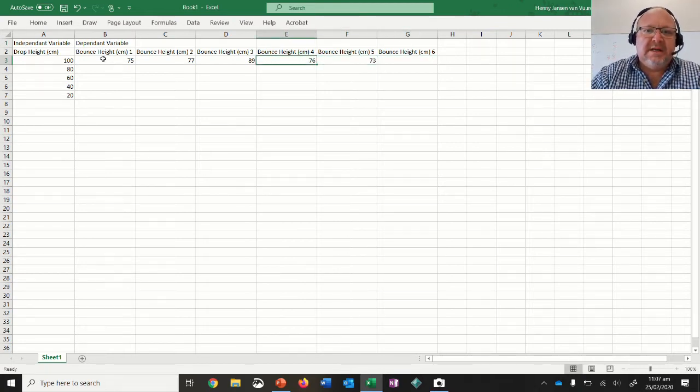73, and now we can see we've got at least 3 that are good, so we don't have to do bounce height number 6. Okay, so we go for the next one. Now again, as I say, remember, this number 89 is most likely an outlier. Now we go to the next one,